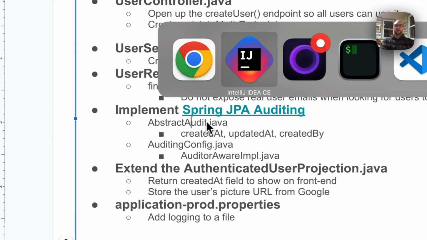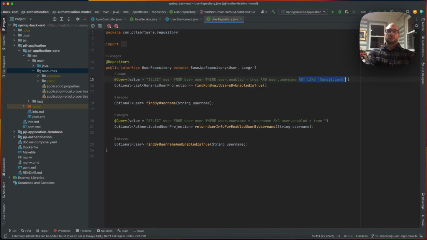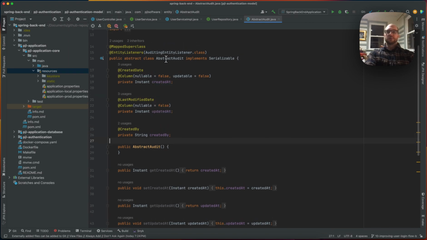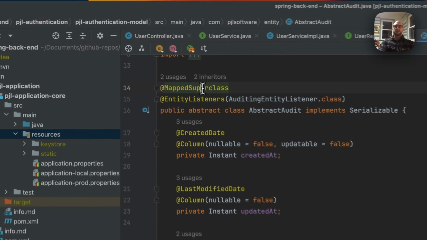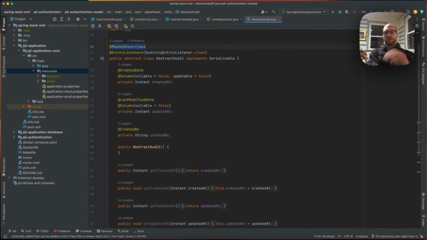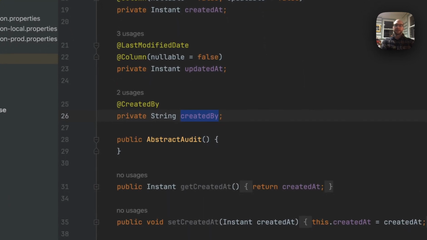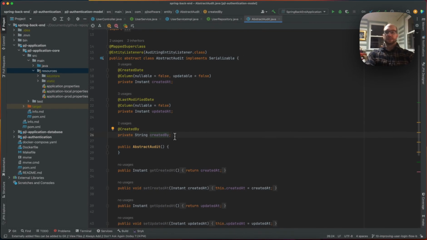So I created an abstract audit record. It's an abstract class, a map superclass. So I want other entities to extend this abstract class. You have to use this auditing entity listener with the entity listeners. But basically I have the created at, the updated at, and the created by fields, which when this is extended,